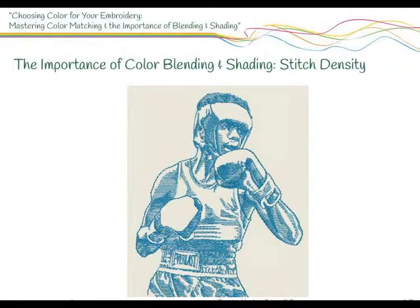Other times, density alone can produce shading. You can see this in Lee's boxer, where she uses only one color to achieve detail, shading, and dimension. If you look at this boxer, it's really evident where we've used one layer of the thread or one layer of that fill. It's very light density. You can actually see between it. We've actually used the background as part of this